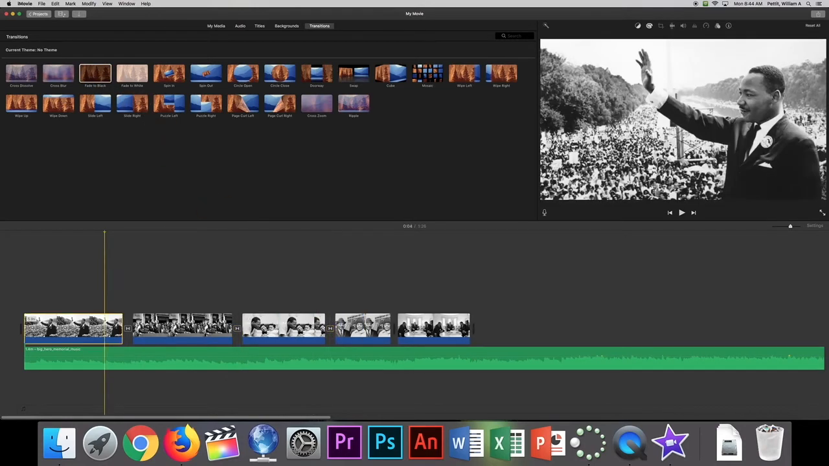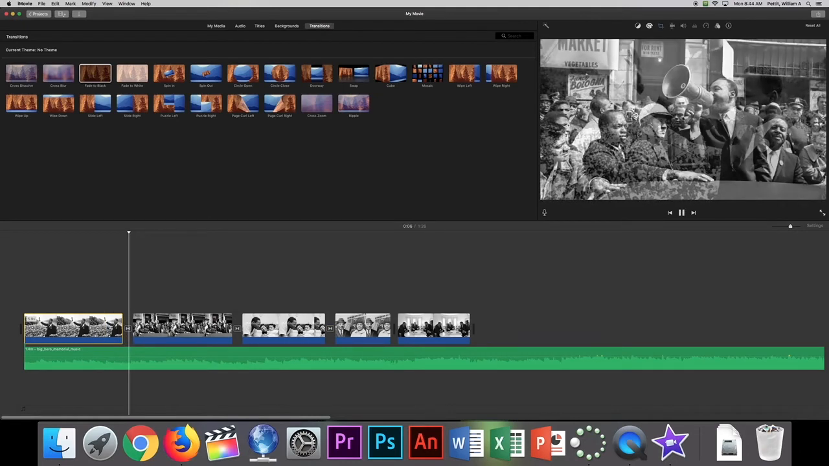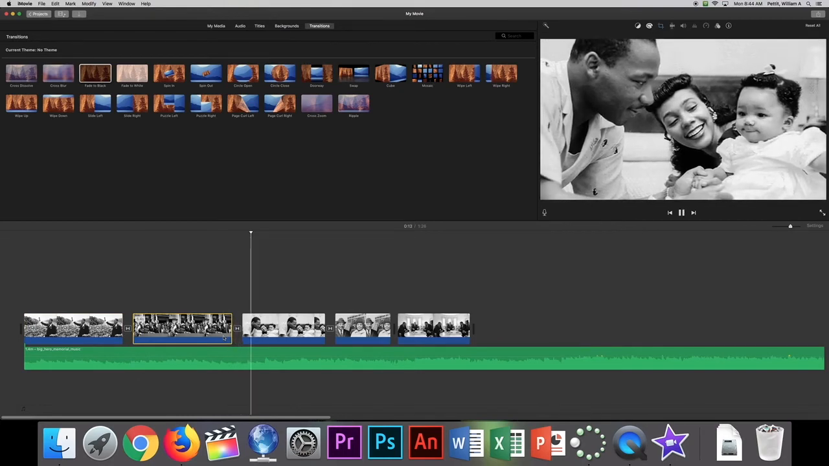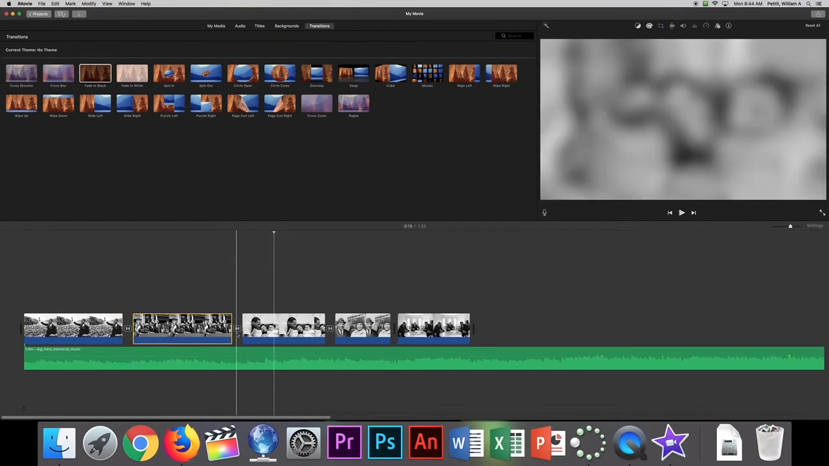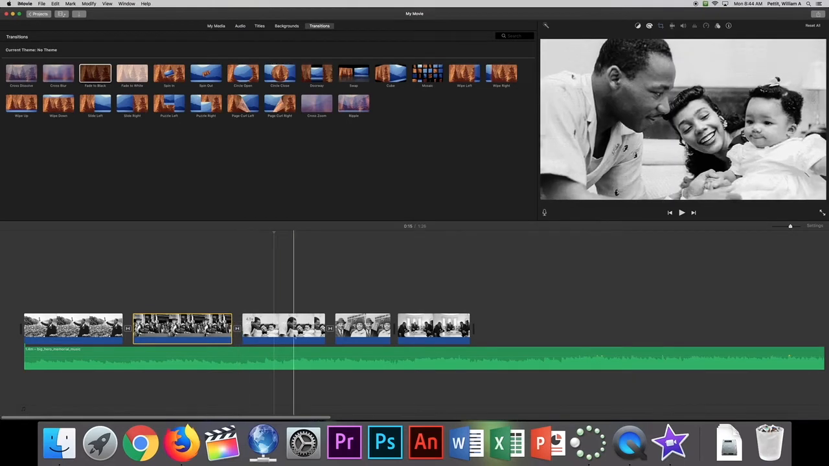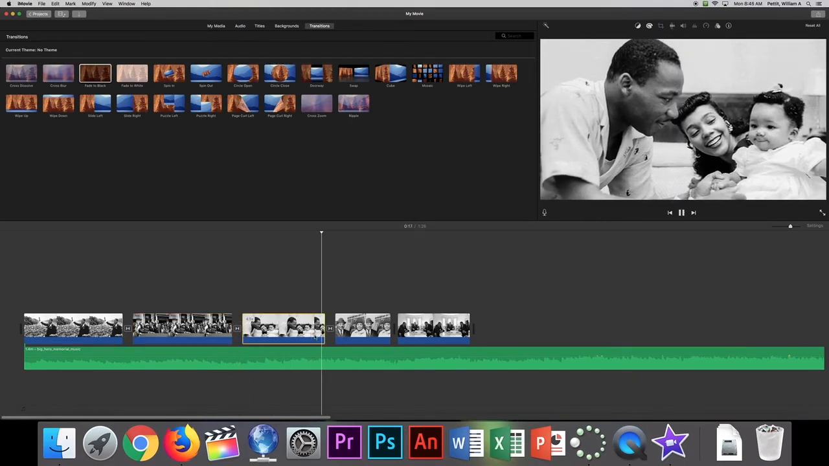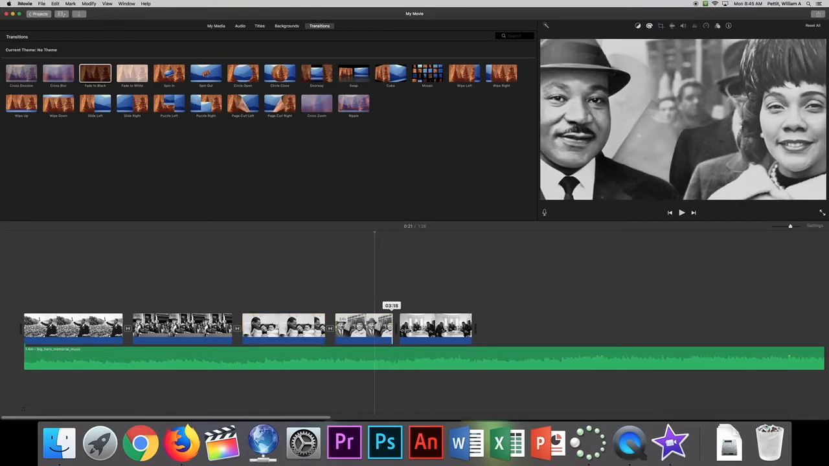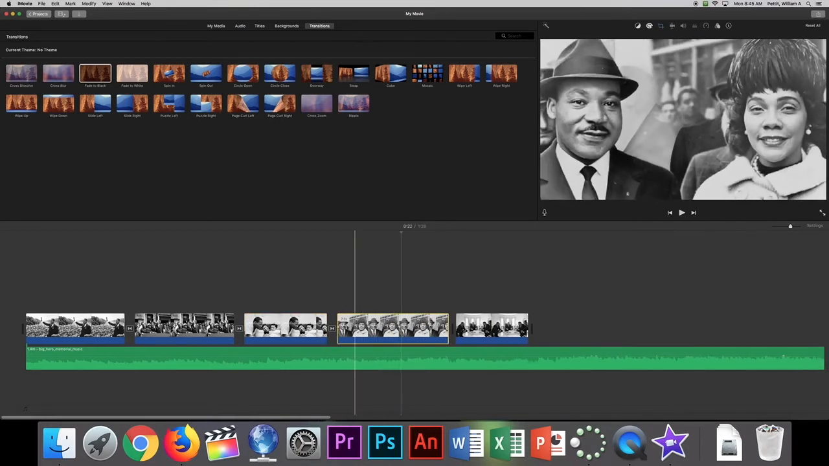So right here you can see the cross dissolve. It's a great effect. Here's the cross blur. I don't like that one quite as much. I think it's a little distracting, but it's not too terrible. And then fade to black. So that works, but it was a little fast. So I'm gonna,